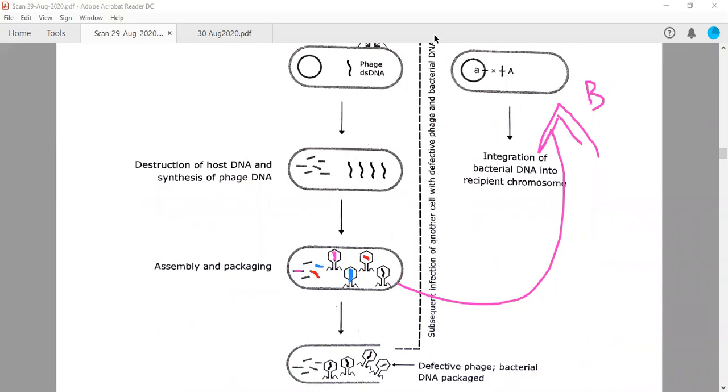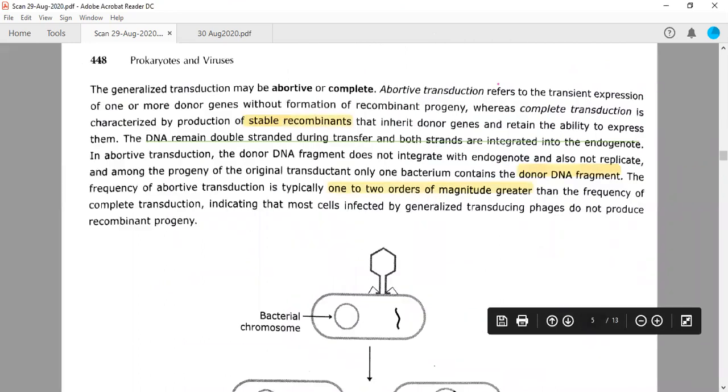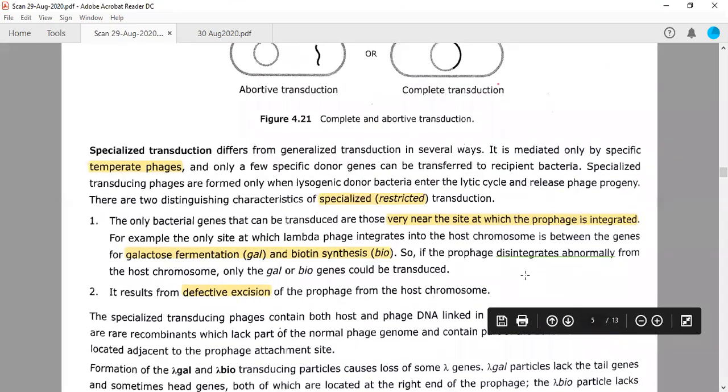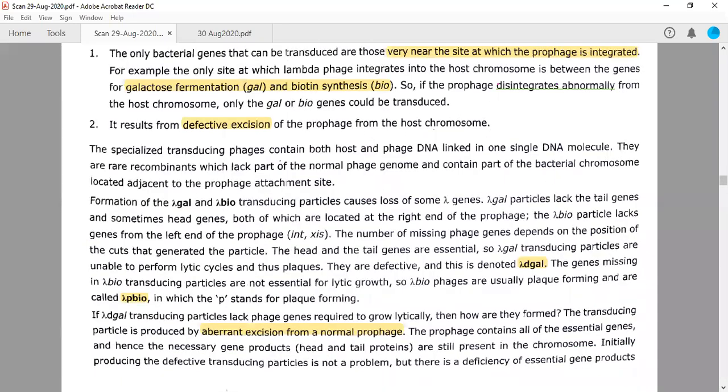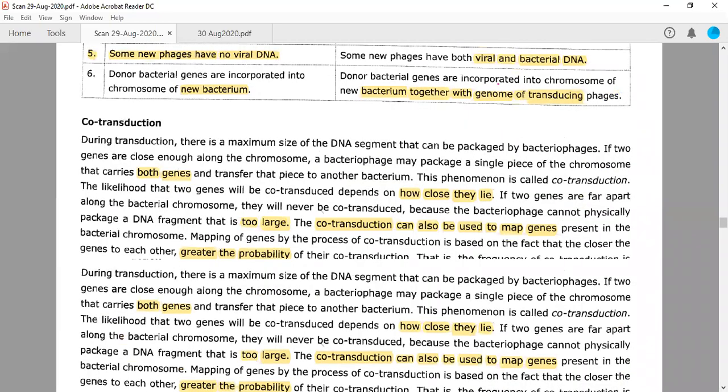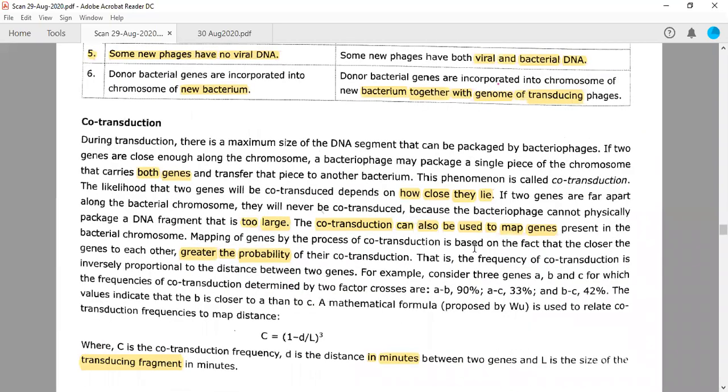So once they are able to integrate their fragments into this bacterial cell, I have one more diagram. Actually, I need to move. They will either show abortive or complete transduction. If they are able to integrate themselves, then they will change the bacterial phenotype differently. Then we can analyze what products the genes are encoding, and therefore we are able to apply this particular approach we were discussing in that example. In this example, this is the last step. By this approach, we can analyze the gene order and the distance between these two genes.